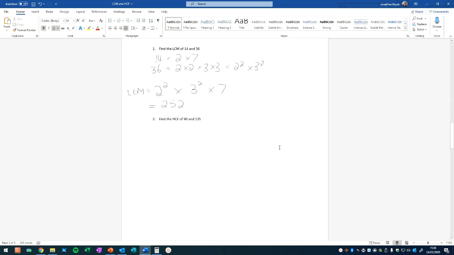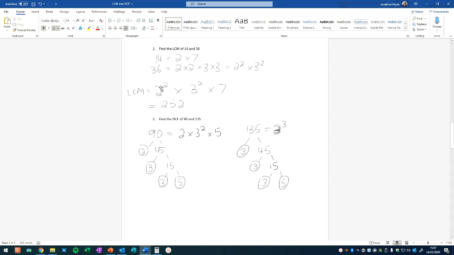So question number 2, find the HCF of 90 and 135. So again, we start off by finding the product of their prime factors. So 90 is 2 times 45, and then 45 is 3 times 15, 15 is 3 times 5. So 90 equals 2 times 3 squared times 5. And then we have 135, which divides by 3 to give us 45, which divides by 3 again to give us 15, which divides by 3 again, lots of 3's in this one, to give us 5, which is another prime number. So 135 equals 3